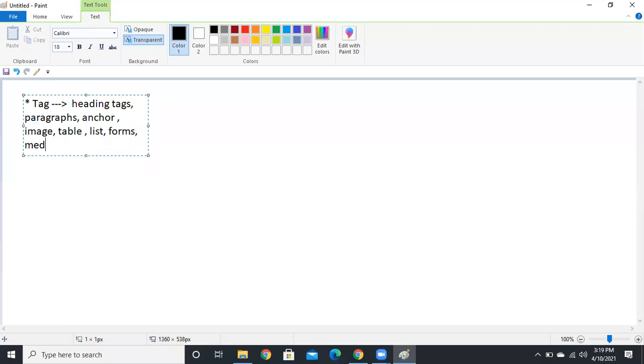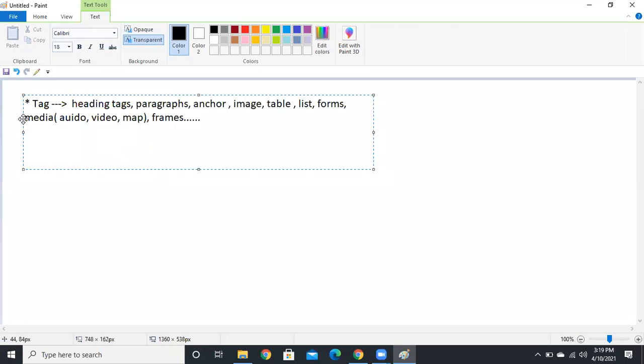Okay, we have media. Media means audio, video, and map, like Google Maps, and you have frames. So you have so many, guys. These all are tags. A tag is going to describe something.